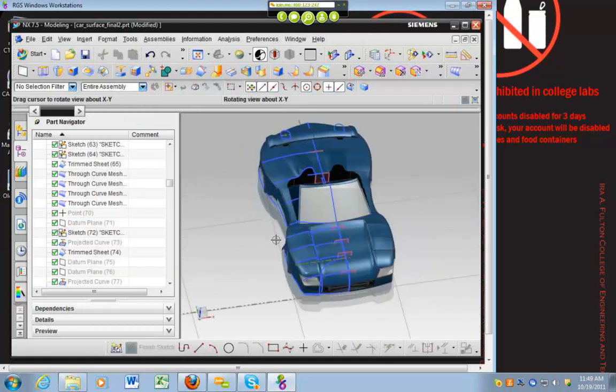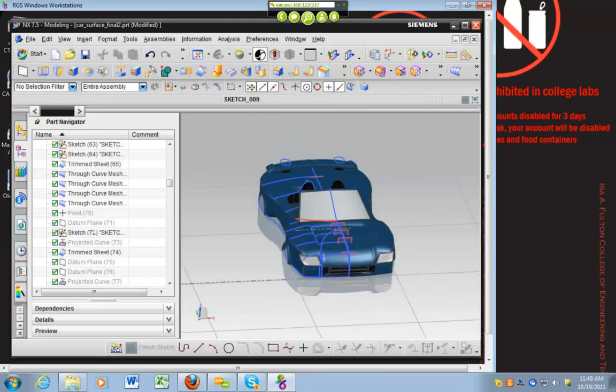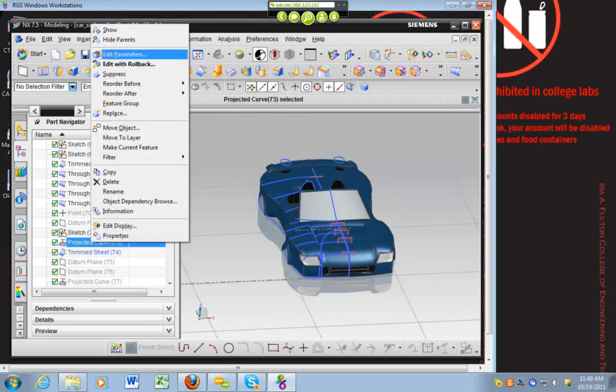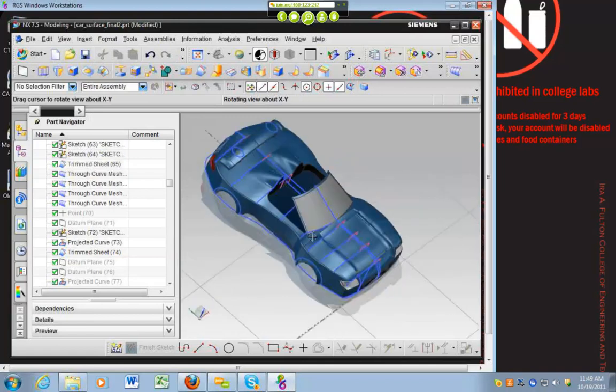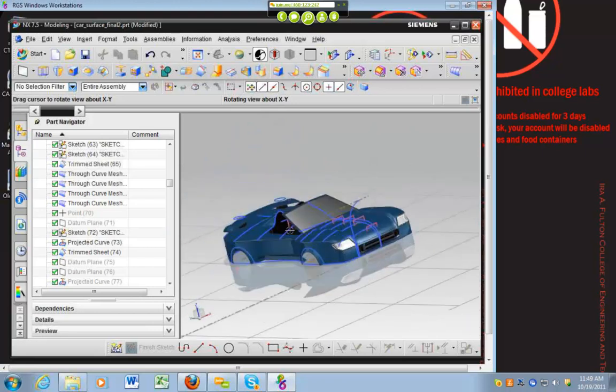So that is the line that I used for my shoulder for my car, because it's a convertible. If you're doing it with an actual hood of a vehicle, you can change your shoulder. And then I just created a sheet out of it, and I was able to project and do a sweep along that. So that's how I got the top like that. But anyway, if you follow the tutorial, and with a little bit of innovation and ingenuity, you guys can come up with some really sweet surface models